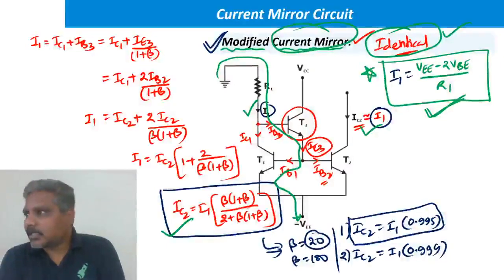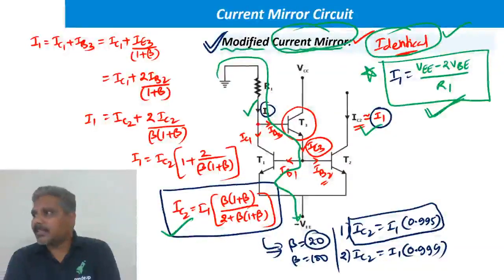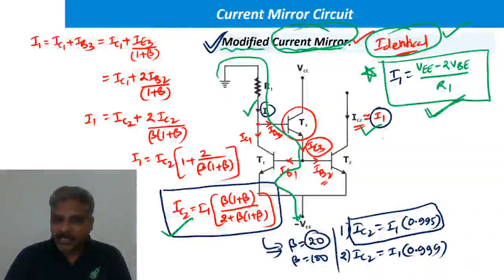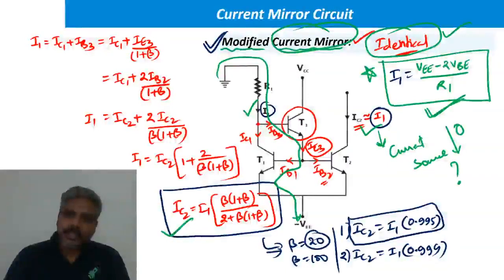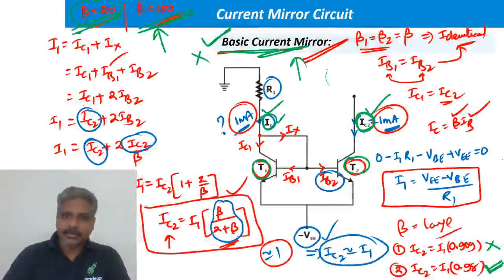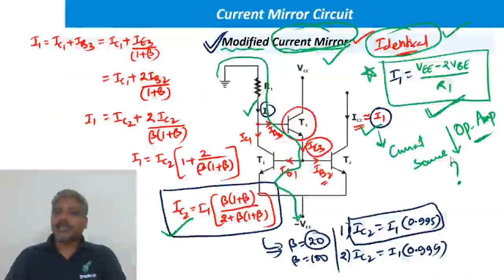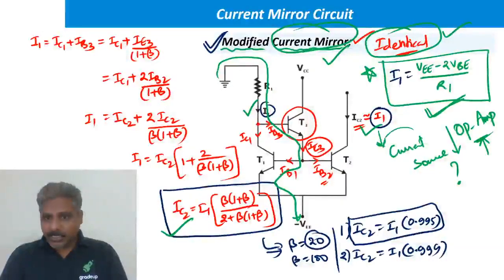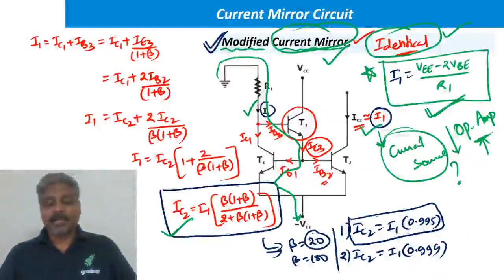Anand, sir, if we want I1, then directly we can take I1, then why do we need a current mirror? Yes, it's a good question, because if I take this current like this here, it behaves like a current source. Where it is required and how it is required, I will show you when we talk about op amp. I am going to use this circuit and this circuit and also this circuit when I talk about operational amplifier. You are going to discuss operational amplifier also, no? That time I'll show you how it is and why it is. A practical application I'll show you there.